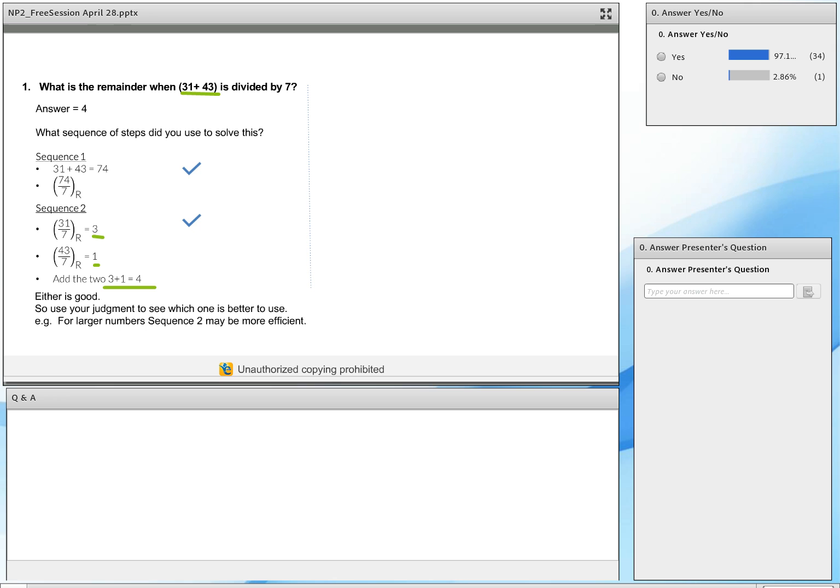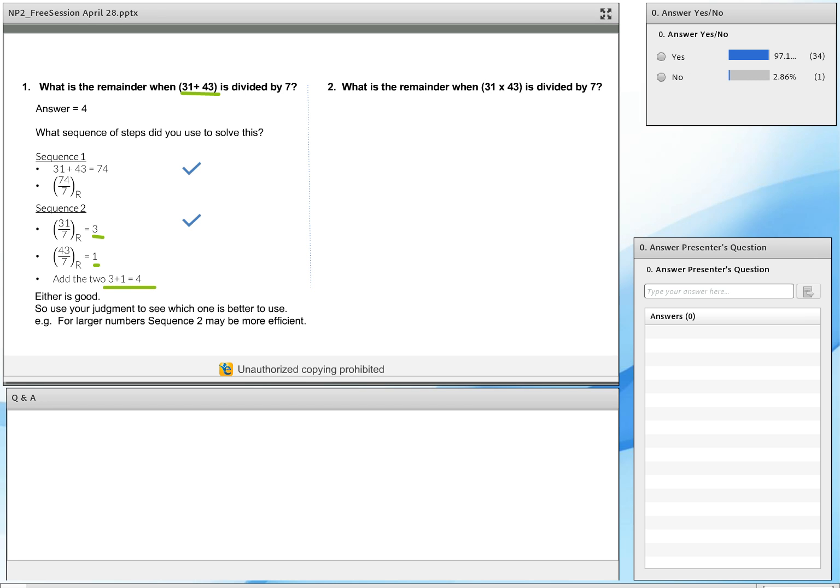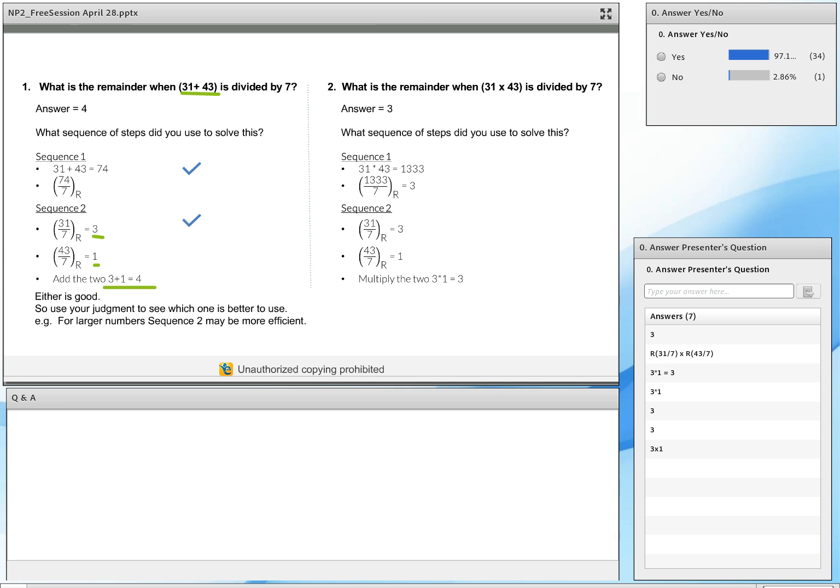Now let's change the question to product. What is the remainder when 31 times 43 is divided by 7? The answer is 3. Absolutely right. Now tell me, how did you solve this? 3 times 1 is equal to 3. Absolutely right. So in this case, if you followed sequence 1, that is, if you first took the product and